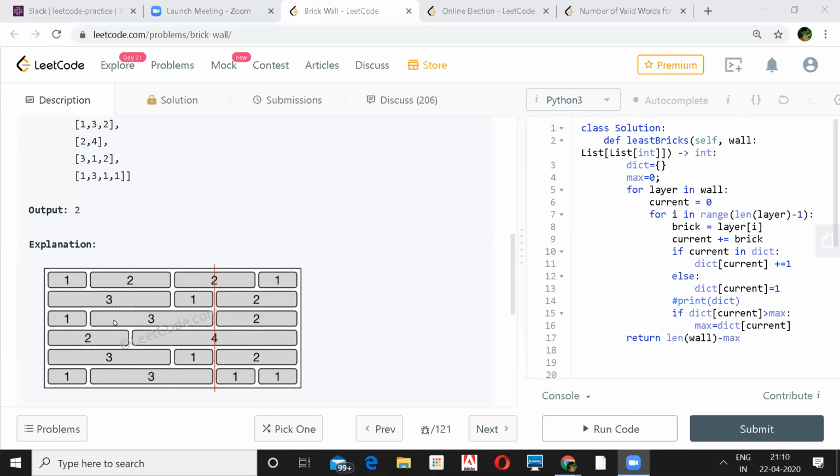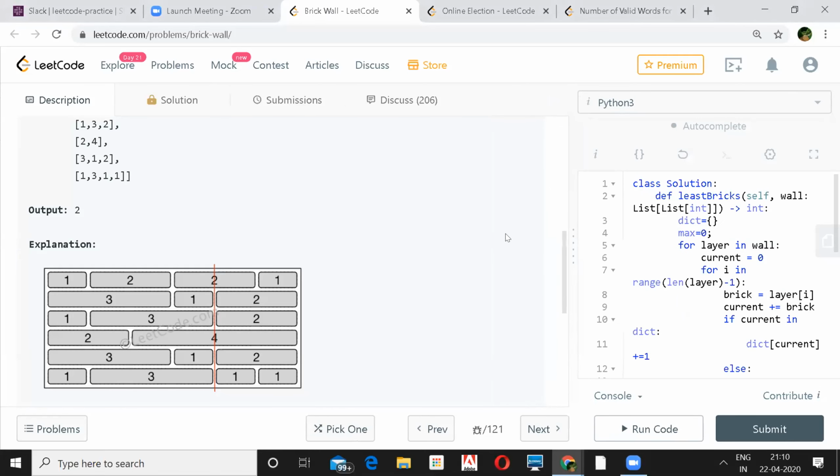Is there any approach in this? Yeah, actually I tried this problem. So how I solved it was, basically one thing to observe here is that the sum of bricks in every row would be equal to some number, which is 6 in this case. So you can either draw the line at say width 1. Basically you have 5 possible widths where you can draw the line. Either you can draw a line at width 1, width 2, 3, 4 or 5.